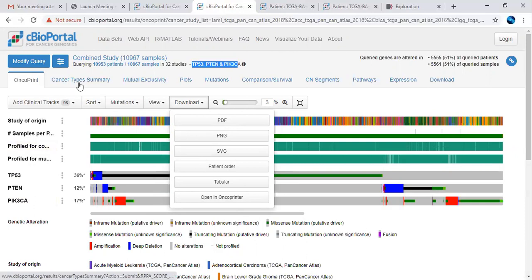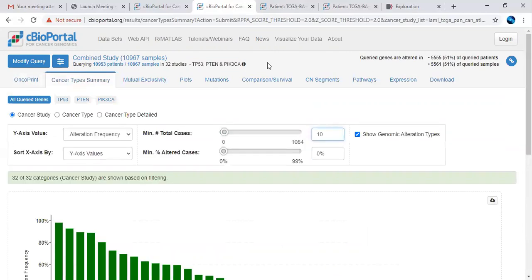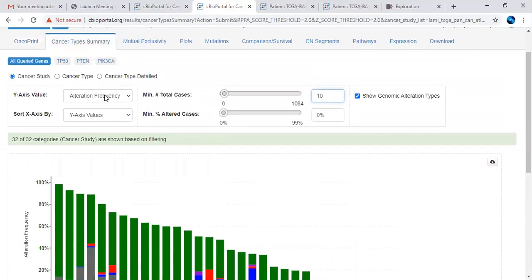Now we are going to see the cancer type summary, what data it is showing. So here in cancer type summary, we have given the query genes, that is TP53, PTEN, PIK3CA. Here you can see the y-axis showing the alteration frequency.